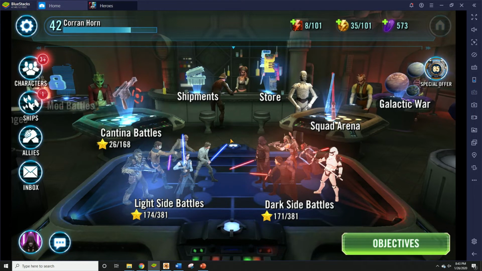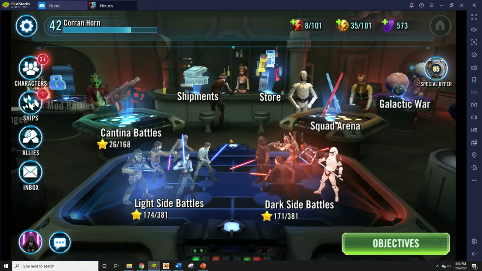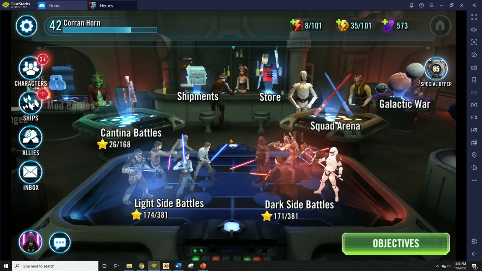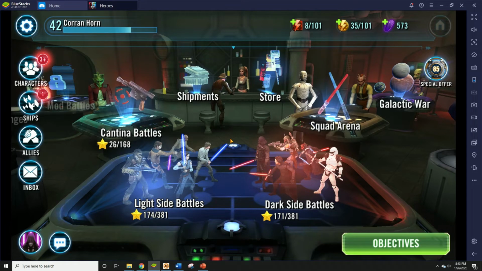So the Separatists will have some advantages over Phoenix. They'll have better late gameplay. Separatists will allow you to unlock Padme, who straight up is probably better than Thrawn or Palpatine in this meta. But